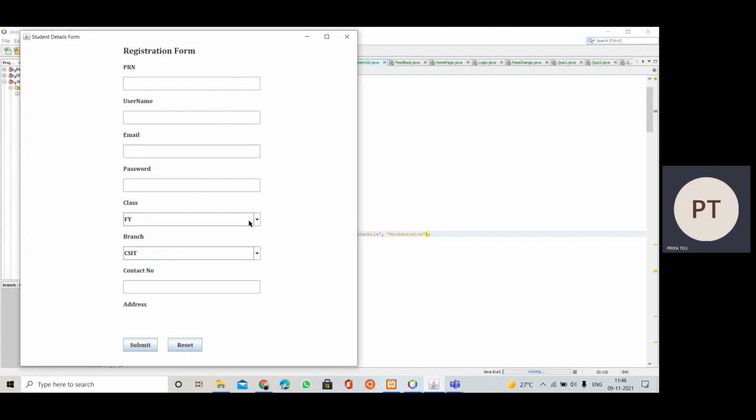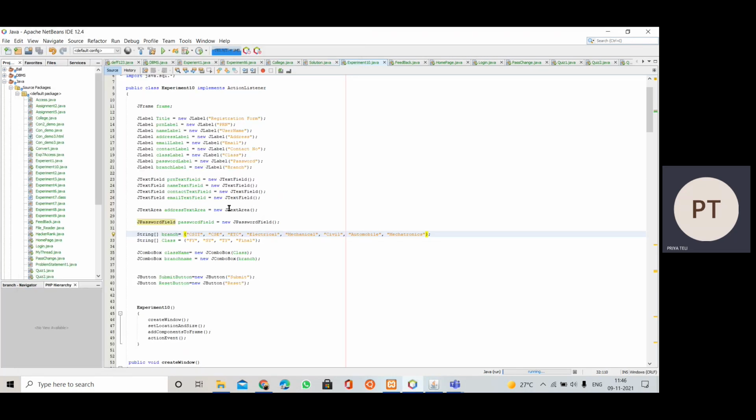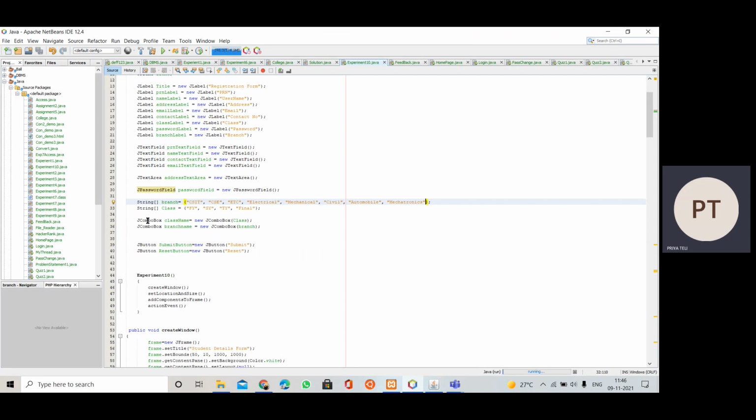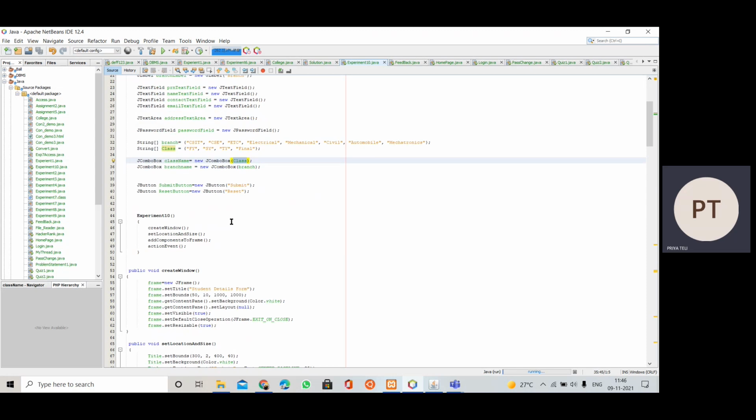So whatever we see here is passed in the form of this string array to the JComboBox. Here we have created the object of our JComboBox class, and while calling the constructor, we pass this string array as an argument to it.